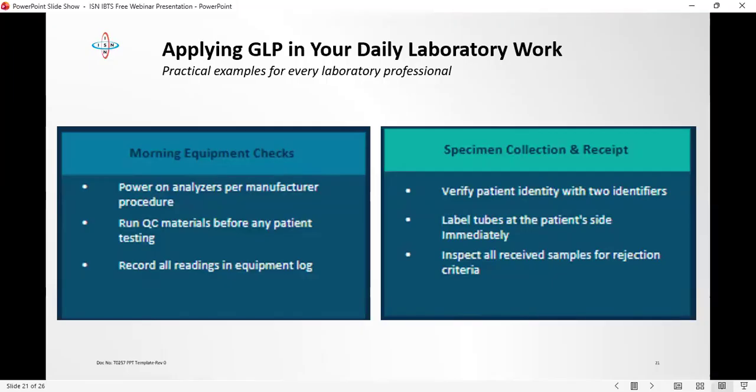You apply this good laboratory practice in daily work. It is not by just saying it. In the morning, you check your instruments. Do I have all the resources to work on it? Have they been maintained? Are they calibrated properly? These people collecting my specimen, are they identifying those patients with unique identifiers? Do you label your tubes? Do you barcode them? Who inspects all your samples? Those are the small things that can be put in place to ensure that we are doing the right thing in the laboratory.